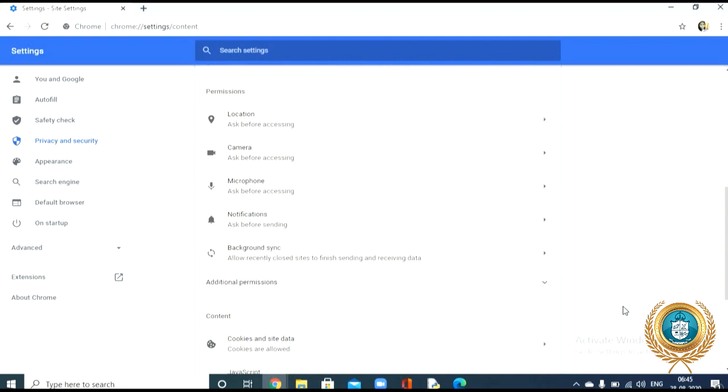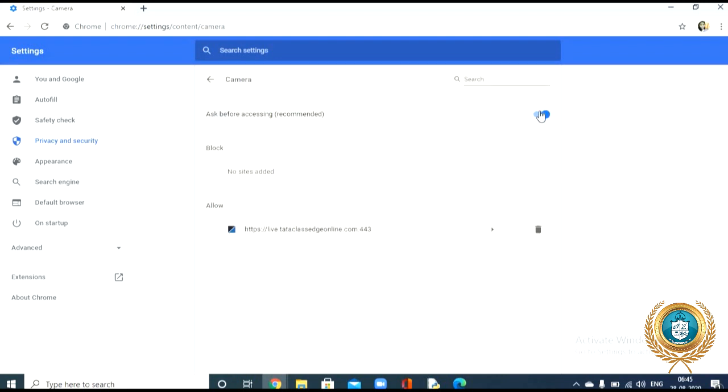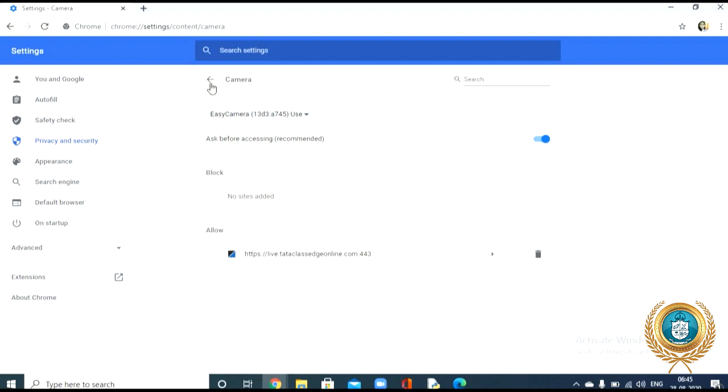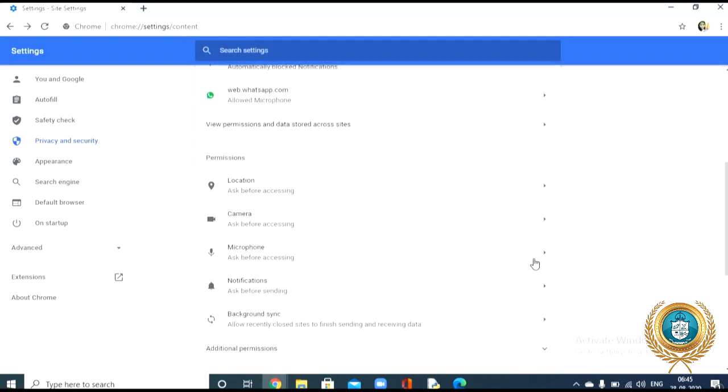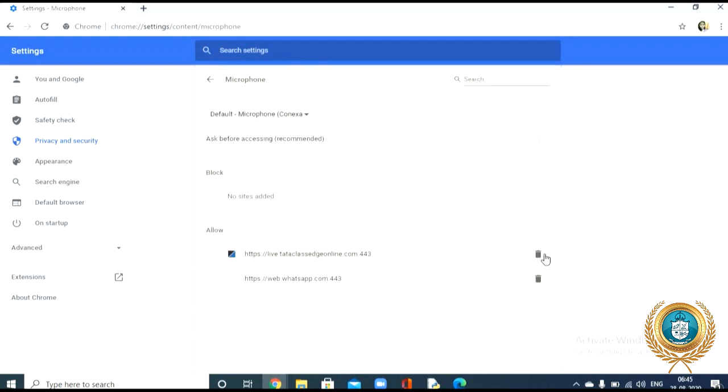In the permission group, camera and microphone are available. So activate the camera. Enable this button. Then again go back. Microphone option, enable this also. Then go back.